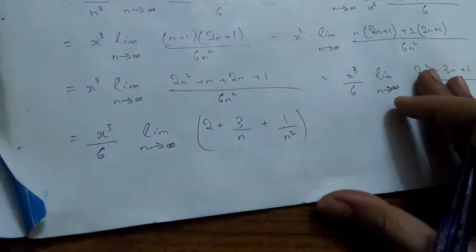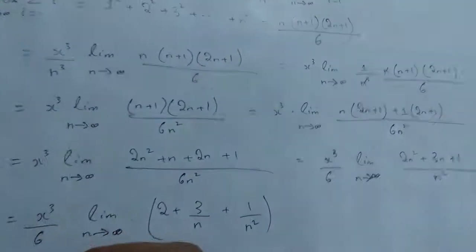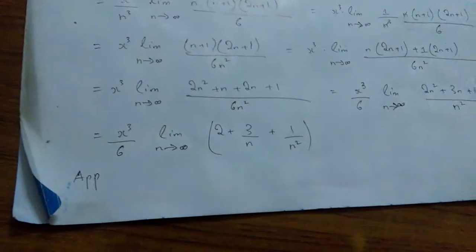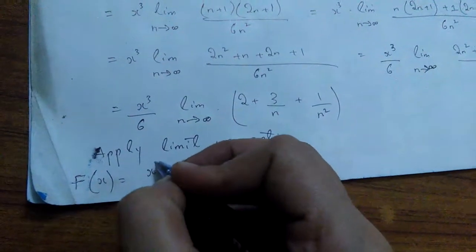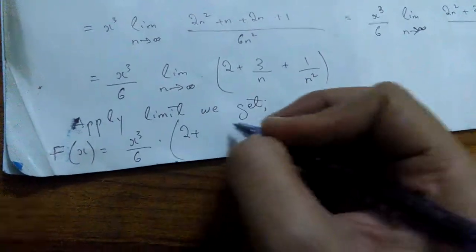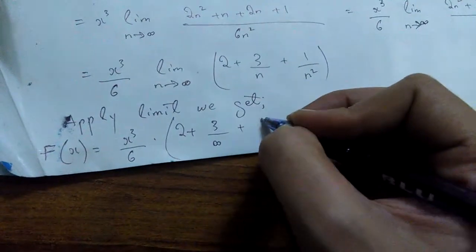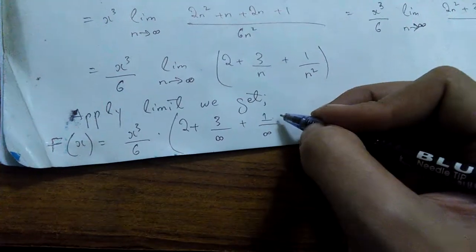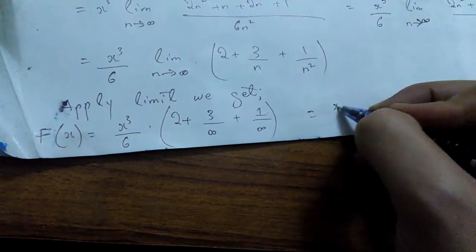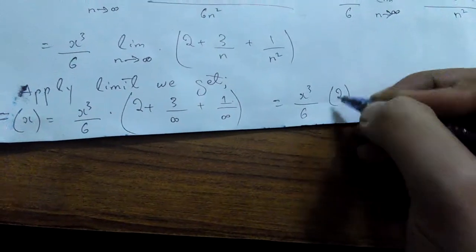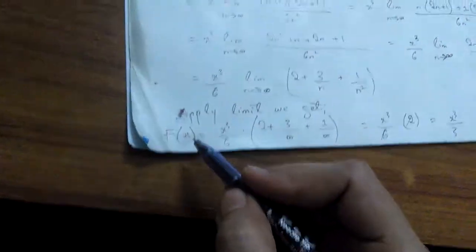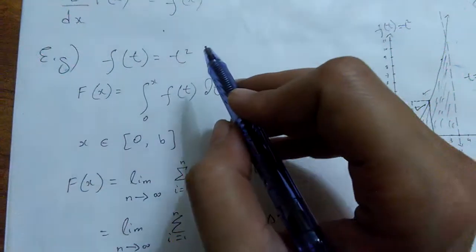All right, now once we apply the limit, it's going to be x cubed upon 6 into 2 plus 3 upon infinity plus 1 upon infinity squared is infinity, and no need to write the power on the infinity. So these two terms will turn into 0. So what you're having here is x cubed upon 6 into 2, and in cancellation you're having x cubed upon 3, and this is the function F of x of this